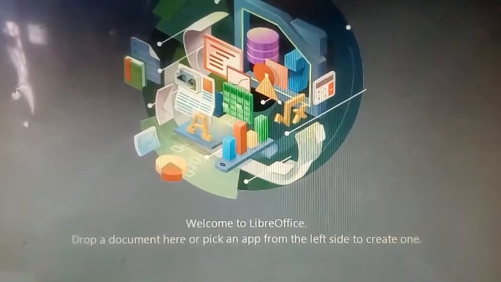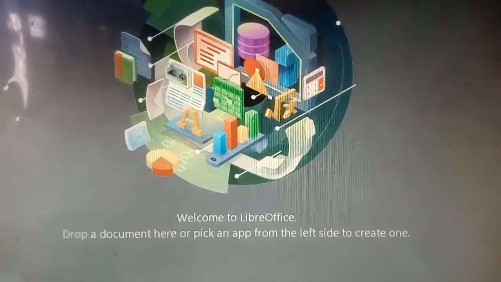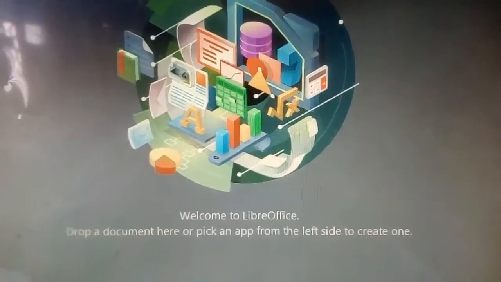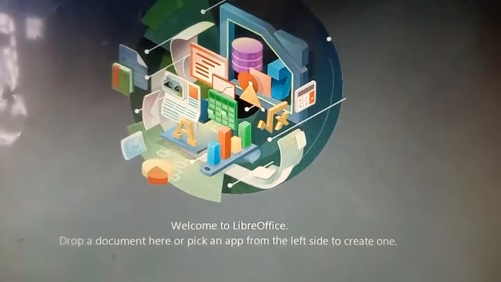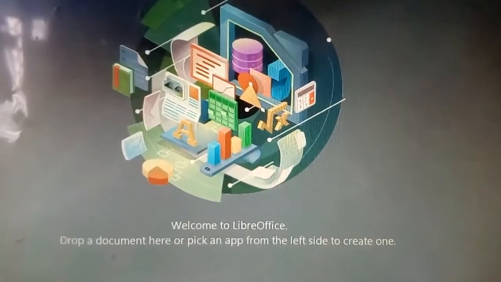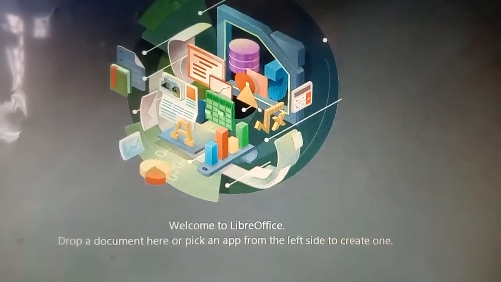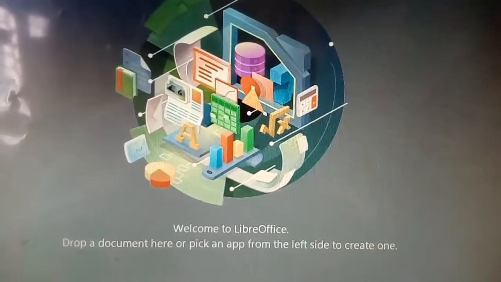This is a feature-rich tool that can be used for creating various documents such as letters, reports, newsletters, assignments, books, and brochures. All these things you can create here in LibreOffice Writer. You can insert graphics and objects from other applications into it.